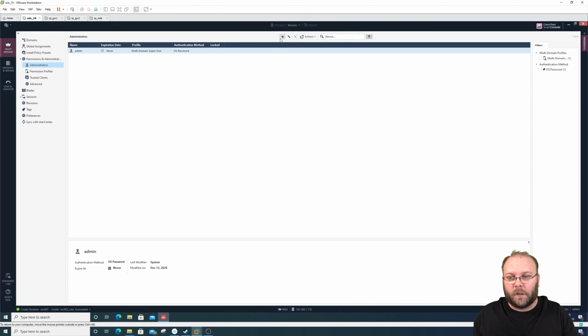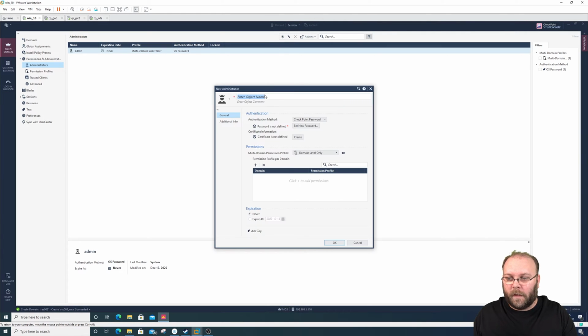When we create the new user, we do it here, New, and then you need to select the name. This name you can actually change, so this is not the end of the world. So here you can have Magnus Holmberg. Cannot even spell my own name. And here you have a checkpoint password, and you can select undefined. I don't know what undefined is, but checkpoint password, OS password is the same as you have on the gateway, or in this case on the management station, like a local on the management station itself,